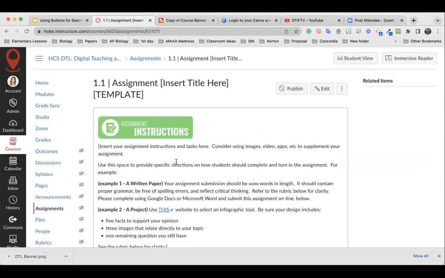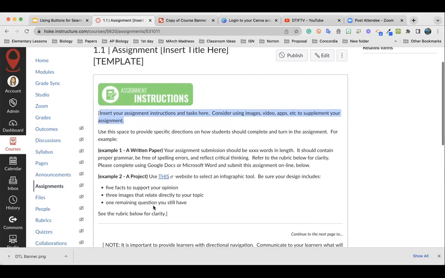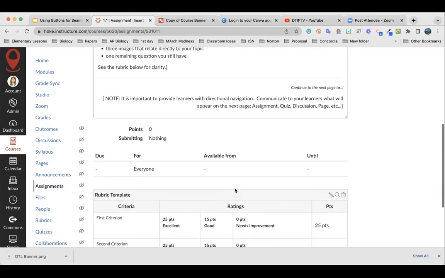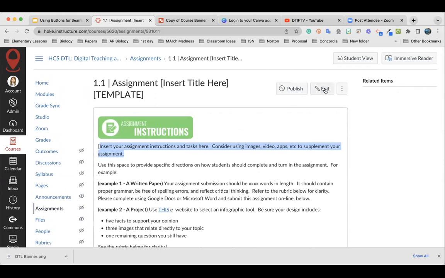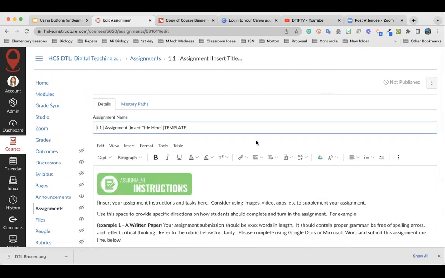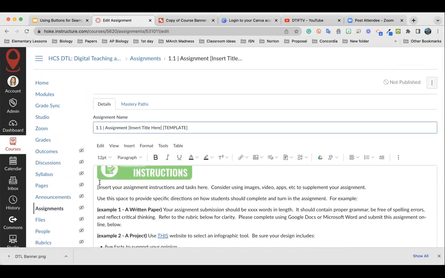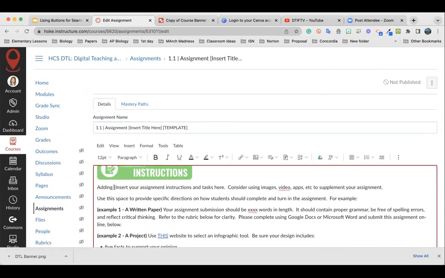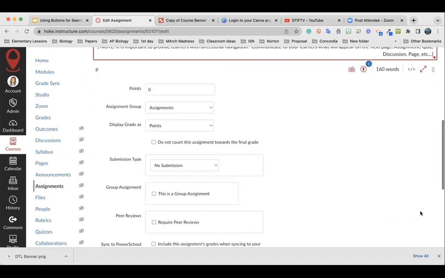But what you have here is that navigation icon, the assignment instructions, and it tells you to insert your assignments here, some things to consider and some examples. After you've looked at this, delete it and add your own instructions right here. The great thing about this assignment is that it also has a rubric. So before I get too far, okay, I'm ready to edit it. I would make a copy and then start adding my instructions. Add your own instructions here. Watch the video and do this, or whatever your instructions are for your assignment, and then you'll go down and